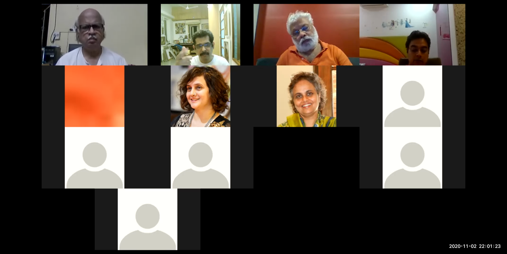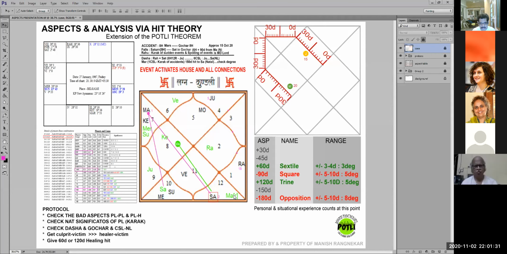If the hit is here, now in my camera you might see it opposite. Can you show me in the chart if you don't mind? See, basically the affected house is this. Planet is this. So who is hitting it? Technically, I'm going back 30 degrees, 60 degrees, 90 degrees. Has anybody hit from 90 degrees? No. Okay, 120 degrees, 150 degrees. Has somebody hit from here? Yes, one of these two has hit it. 180, there is no hit from 180. No hit from 90. There is a hit from 150.